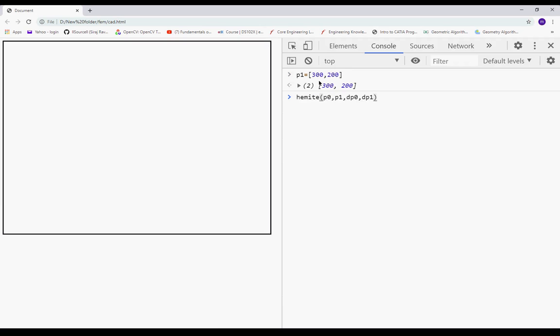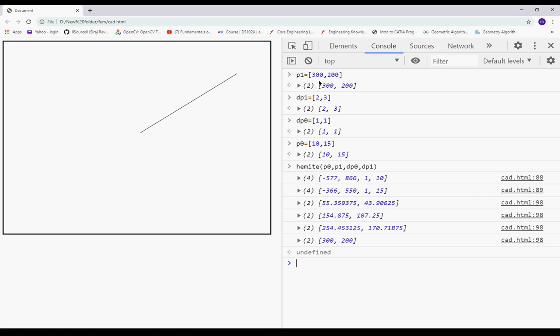So P1 is this, DP1 is this, DP0 is this, this is P1. P0. Okay, P0 is this. Now use Hermite. It is coming straight, still a straight line.